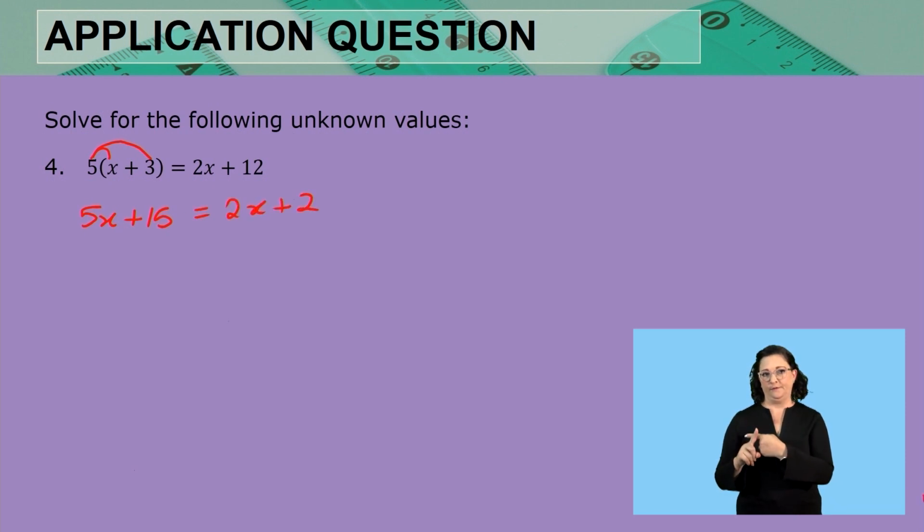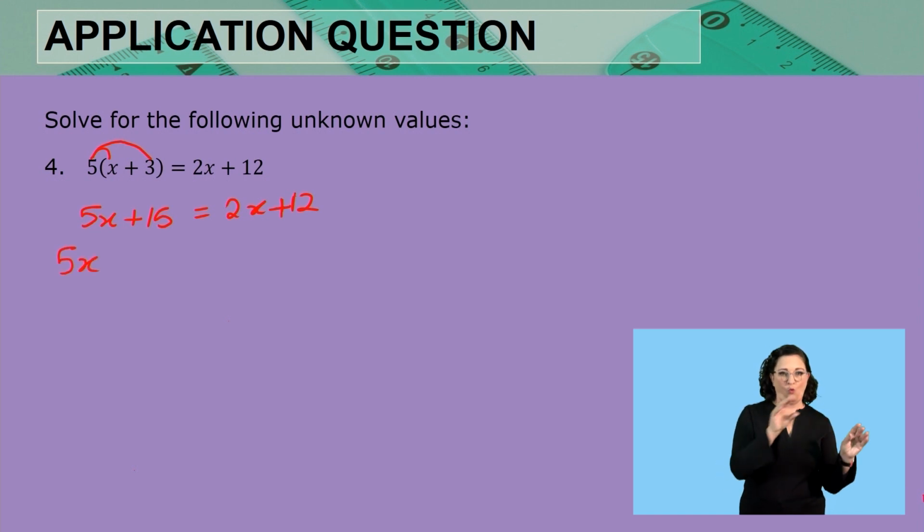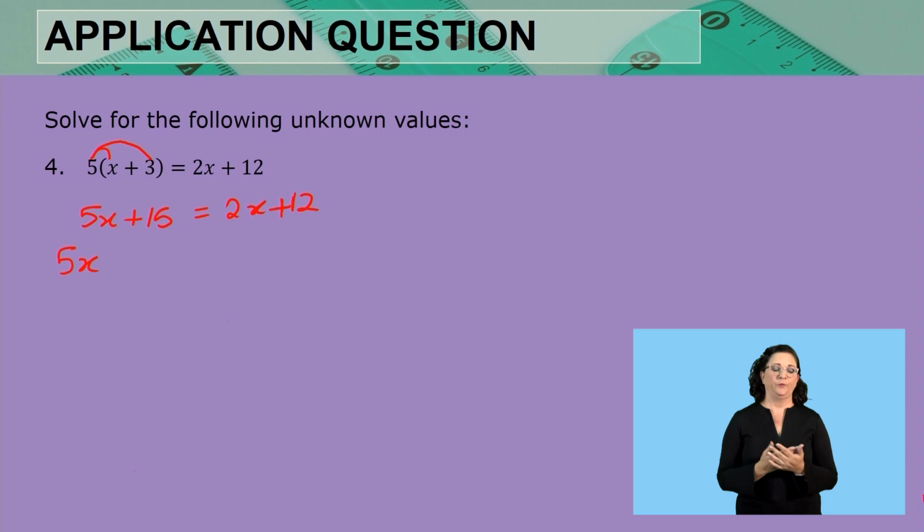So that is 5x plus 15 is equal to 2x plus 12. So that is a plus 12 there. Remember, all the unknowns must be on one side, and we are going to use our additive inverse and our multiplicative inverses to solve for this equation. But let's first work with those additive inverses to make sure that our unknowns are on one side of the